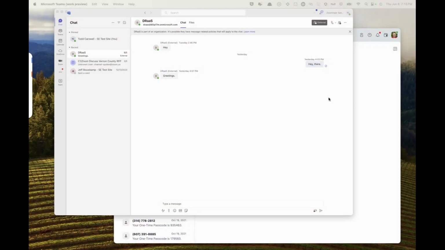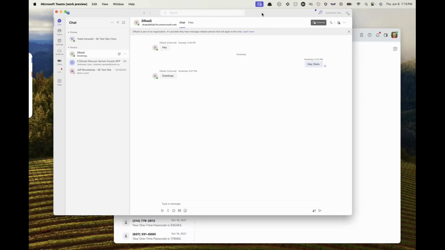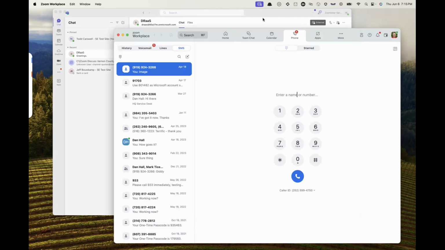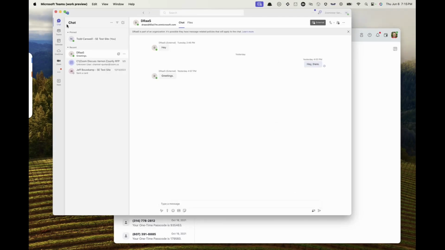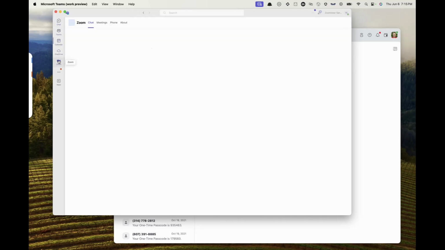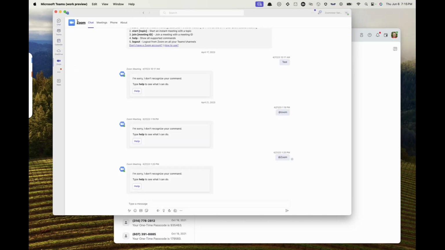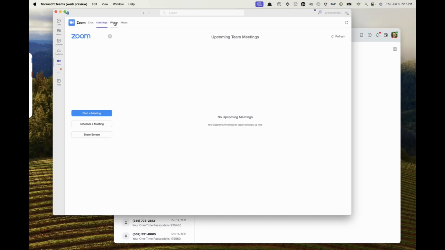Next, we have Zoom for Microsoft Embedded inside the Teams client. I'm logged into Teams and the Zoom client at the same time. On the left of the Teams window, the Zoom app is embedded alongside the standard Teams features here. When I click on the Zoom app itself, across the top, I'm presented with options for Zoom chat, meetings, and phone. Clicking on the phone tab, I can see call